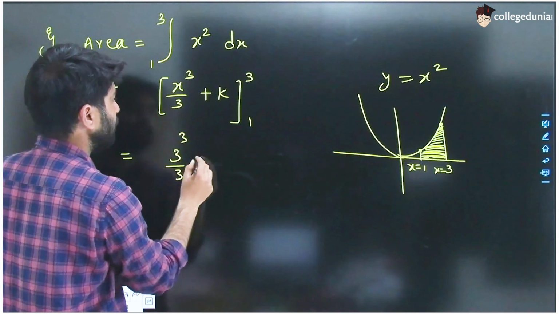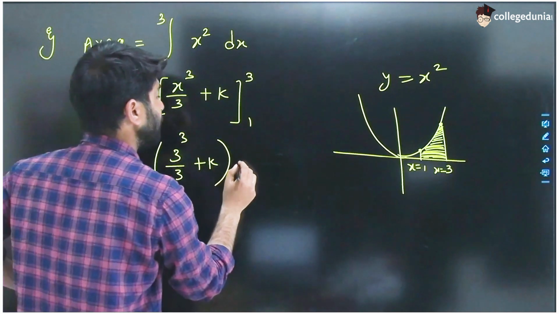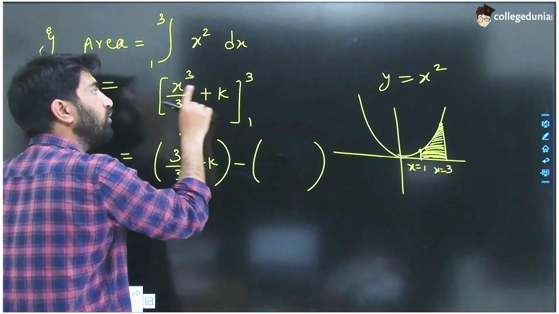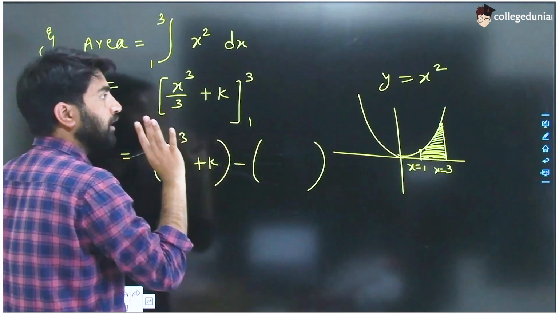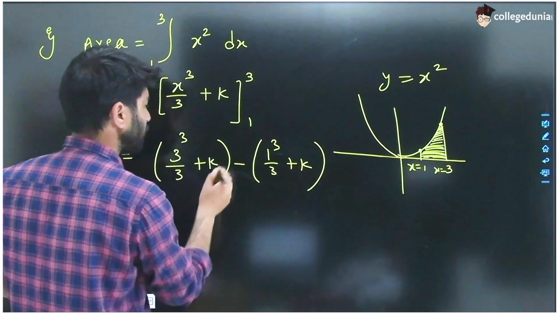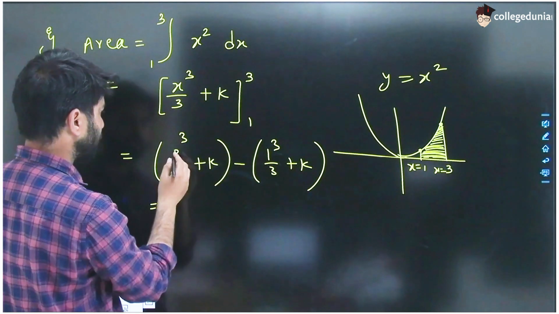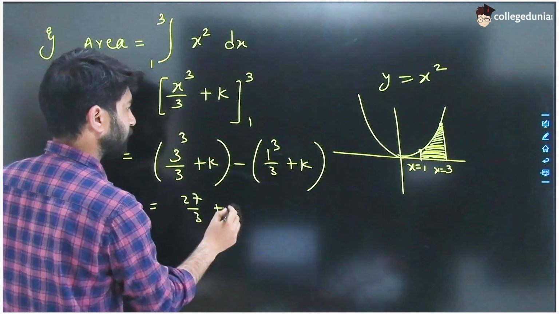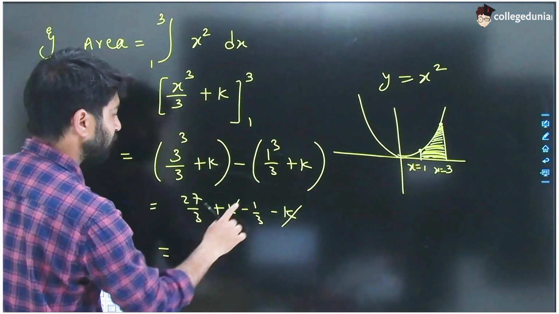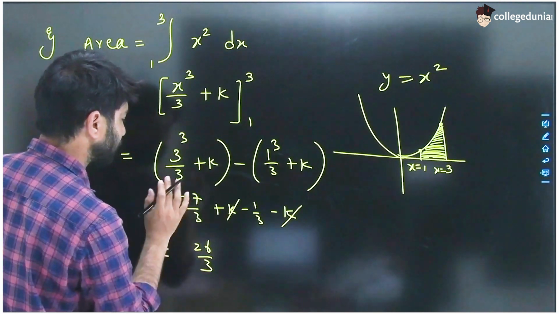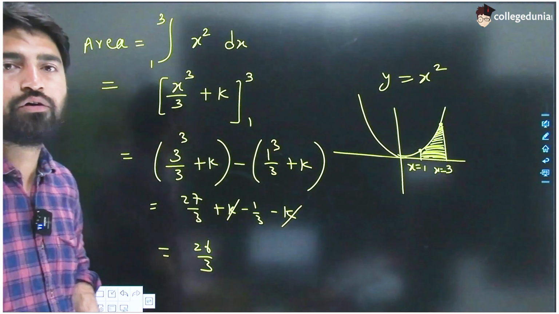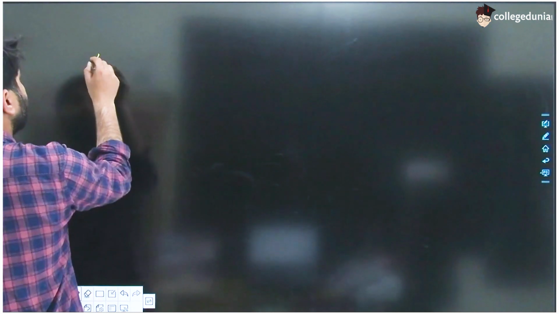cube upon 3 plus k, then minus अगेन x की जगह पर जहां पर भी x है उस x की जगह पर हमें x इक्वल टू 1 पुट करना है। सो x इक्वल टू 1 का क्यूब अपॉन 3 प्लस k, सो क्लियरली दिस विल बिकम 27 बाई 3 प्लस k माइनस 1 बाई 3 माइनस k, और k से k will be cancelled out। 27 by 3 minus 1 by 3, this is 26 by 3, and this is area under the curve। ये है area under the curve, okay। Let's take another example।